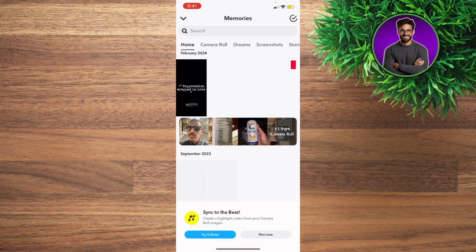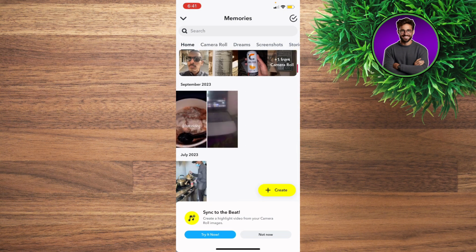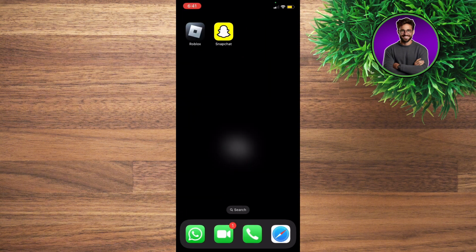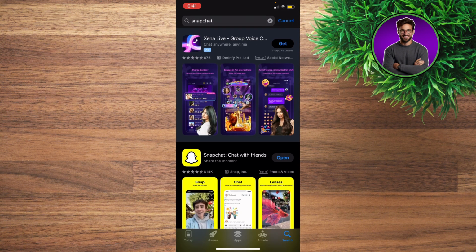Then you're going to be able to go to your camera roll, or you can go to your snaps or memories, and then you're going to be able to upload your memories to your snap, and you're going to be able to upload the media without needing to go to your camera roll or whatever. But if the issue persists, you can just go back to your screen and then go to your apps